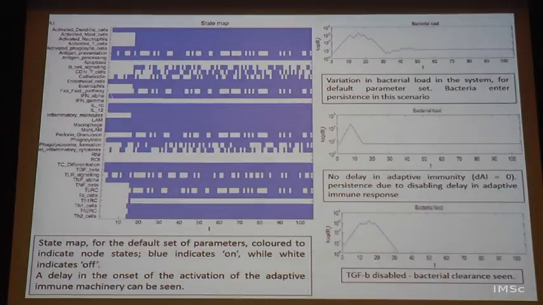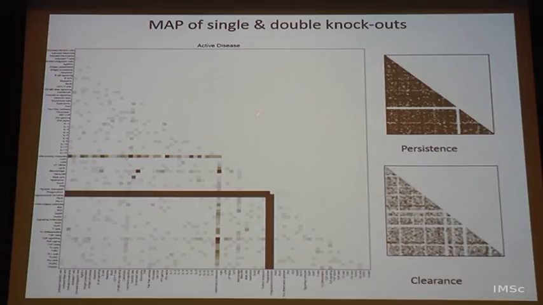Once you have a model like this, you say this particular process is inactivated and therefore that Boolean transfer function is not activated, and what happens to the system. So, in a large number of them it can still proceed to the last bit and ends up in persistence, which is what I have shown here. The colors represent the density of the frequency with which you actually see it. This is persistence and this is clearance, and the darker the color, the more situations lead to persistence. What you will see in a diagonal here will be a single knockout.